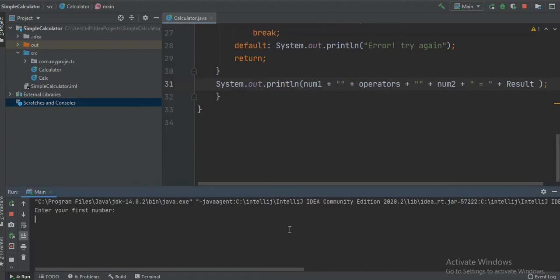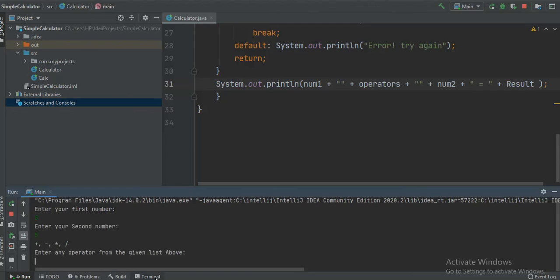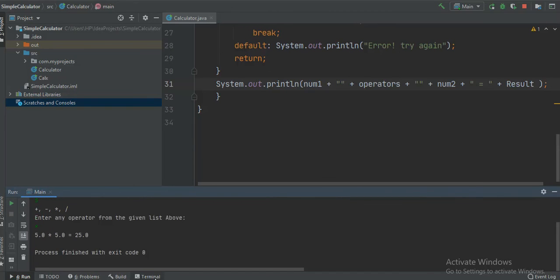And here you can see it ran and we got something like this. It's a console. It's asking us to enter the first number, let's say 5, then enter the second number, let's say 5 again, and enter the operator from the given list. We want to enter multiply. Let's see. So 5 into 5 is 25, and this is why I have mentioned num1 here, which means first it is showing what my num1 is, then it is showing my operator, which is multiply, and then num2, which is again 5, and then the result. So this is why I've written it like this. I can just write the result to get this 25, right?